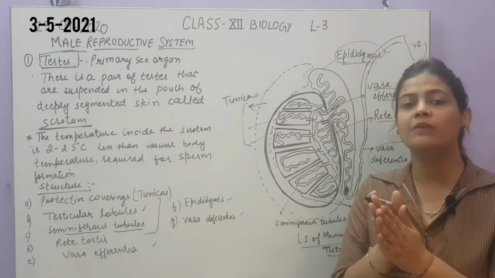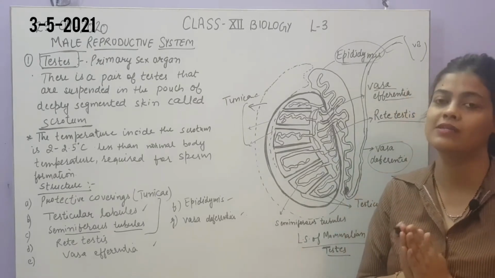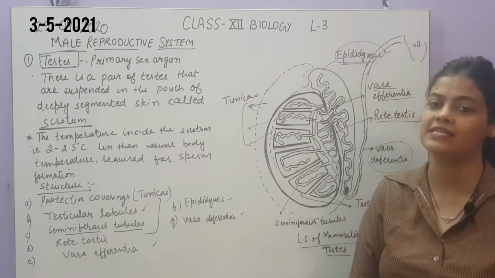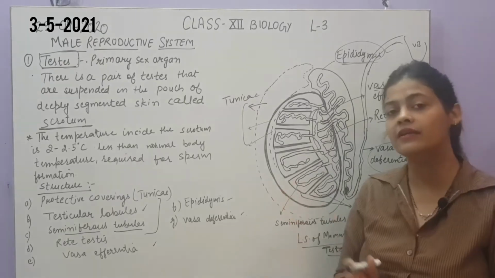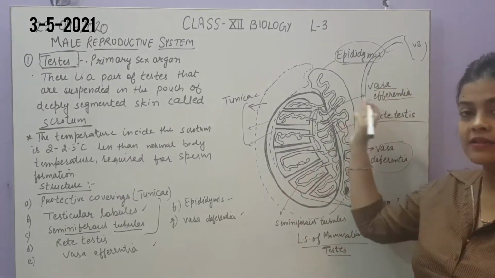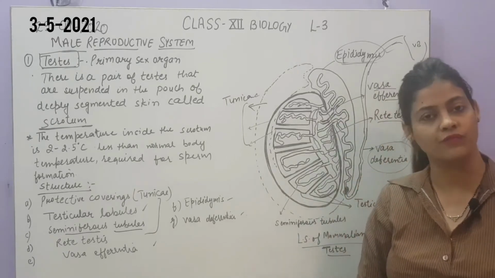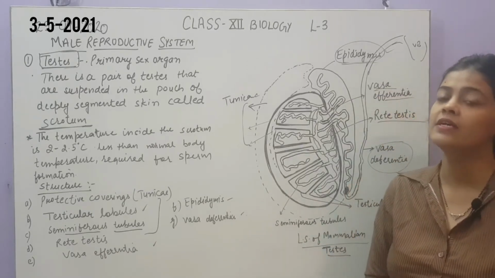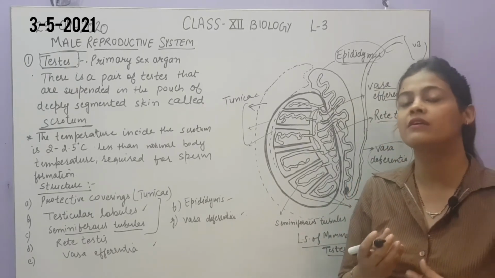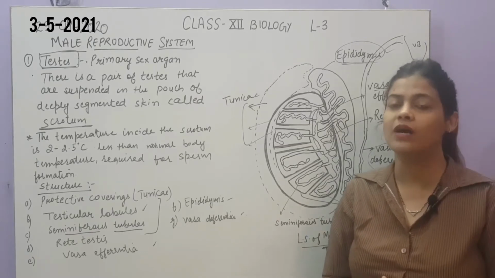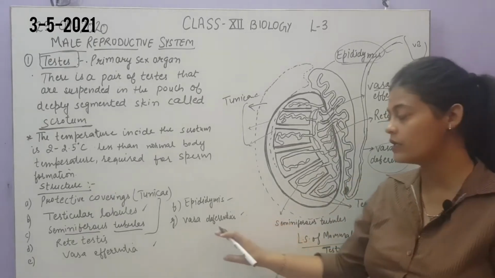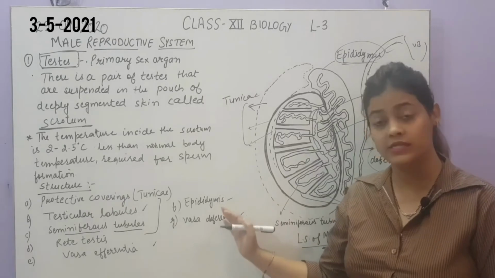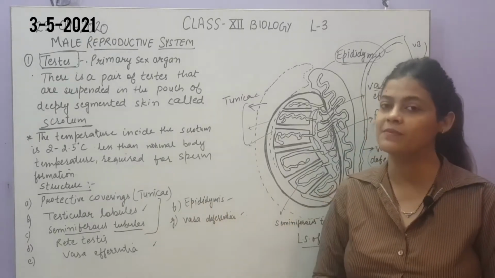urinary bladder, where it will continue with the duct called ejaculatory duct, which collects all the secretions from the accessory glands. As I told you, there are accessory ducts along with the accessory glands. So all these are the accessory ducts which will help in the transfer of the sperms. They will collect the secretions from the accessory glands so that the semen will be produced, which is a nourishing fluid to provide nourishment to the sperms. So is it clear? Later I will show you the ejaculatory duct as well as the accessory ducts, accessory glands, and the detailed structure of seminiferous tubules.